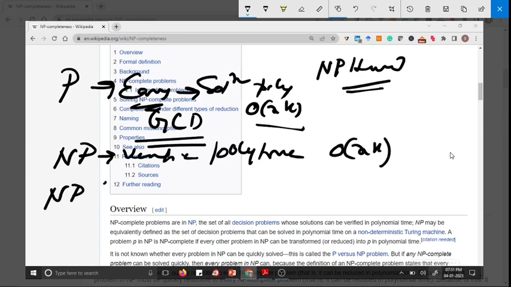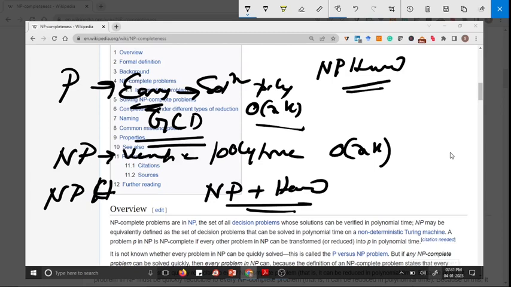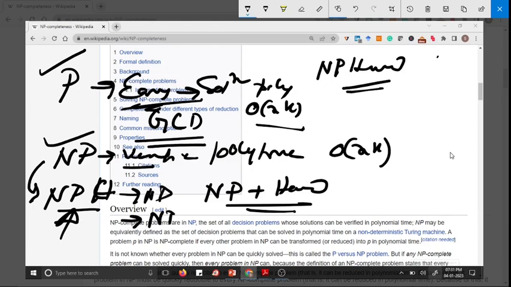When I say NP hard, things become a little bit tougher. That means we have NP plus hard, both definitions have to be satisfied. I will tell you the mathematical definition of hard. For NPC, reduction will come here. So basically I am trying to give you an outlook of the whole problem set. P, the easiest one, solution is possible in polynomial time. NP, solution is not possible, verification is possible. NP hard is a little bit more constrained than NP, where the hardness definition also has to be satisfied. That means it has to be in NP and it has to be NP hard, both. If both conditions are satisfied, then the problem will be NP complete.